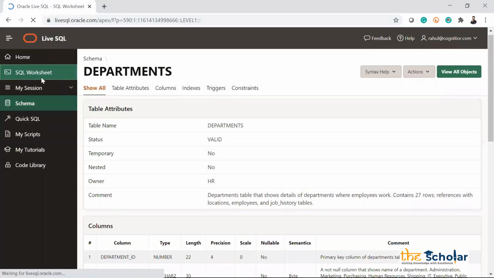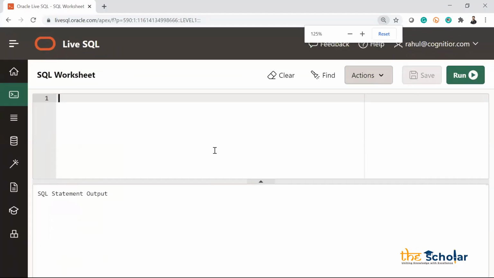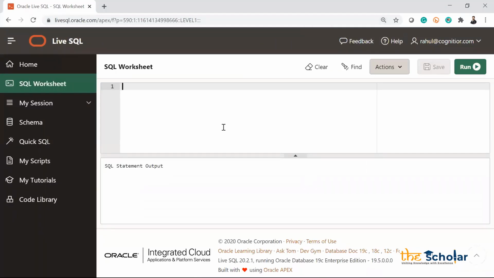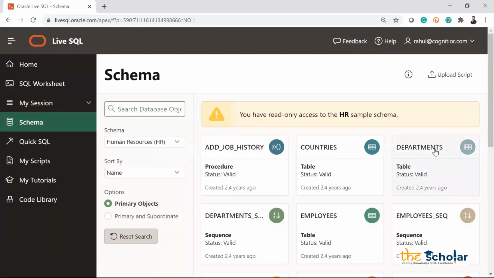Now if I go to SQL worksheet, I want to access that department table. I want to check what all tables are there and what all records are there in that table. So to do that, we have to write the query, right? Now I have a table called department, and if I want to access that table, there are various ways to access that table. Select star from departments. Like if you check the table name, let's check what was it. It was departments, right? Departments.